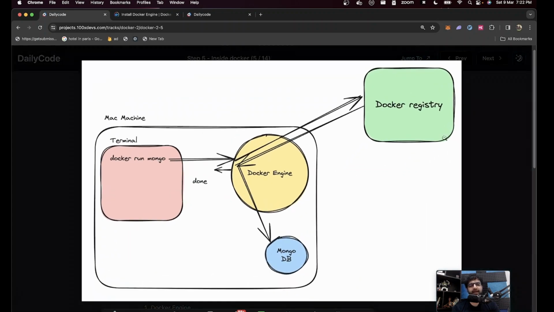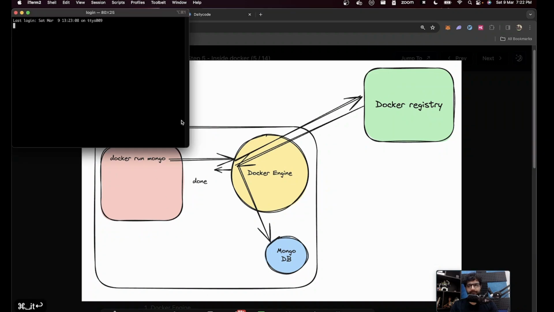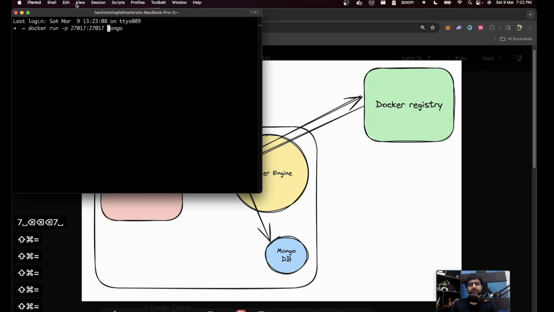This is the general flow of when you're running Docker locally, specifically when you're running Docker locally to start something like MongoDB. If this is your Mac machine, inside which you run the command docker run mongo, let me quickly show you that. If I run docker run mongo, we've run this in the past. If you might remember, we've added a port mapping over here, which, don't worry about what it is. But this is something we've done a few times. I've asked you to do it in the actionable Docker class that we had.